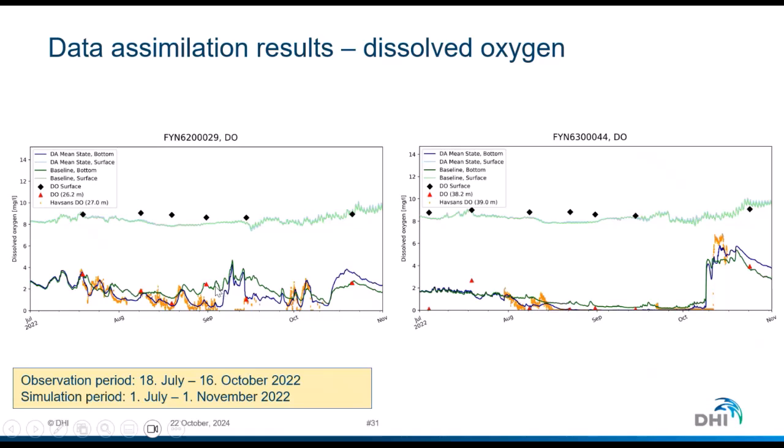That is the baseline, the dark green line here, and we have the dark blue line that follows the orange line quite well, which is the model results with data assimilation. And we see that the model results with the data assimilation of the Havsands oxygen are adjusted quite close to the measurements. And then in periods where there are no measurements from the data logger, we also see, like with the chlorophyll, that the model moves towards the baseline until new measurements arrive.